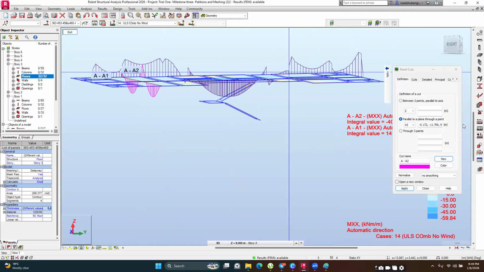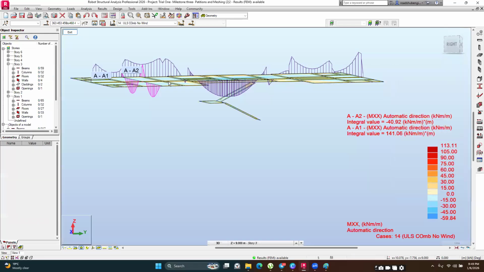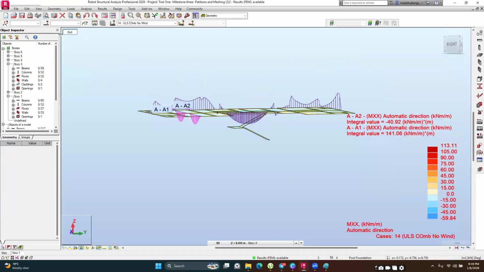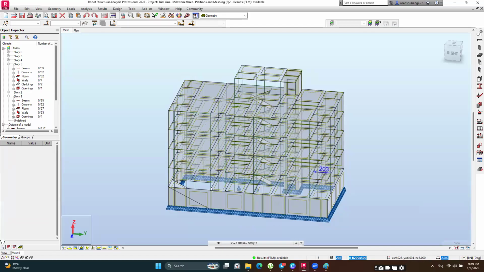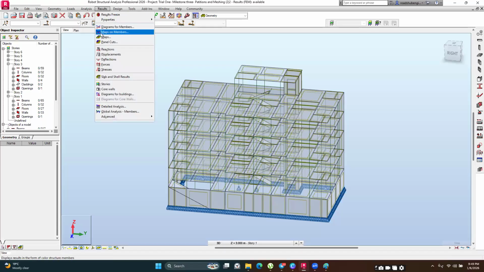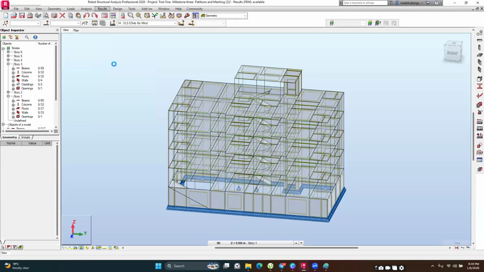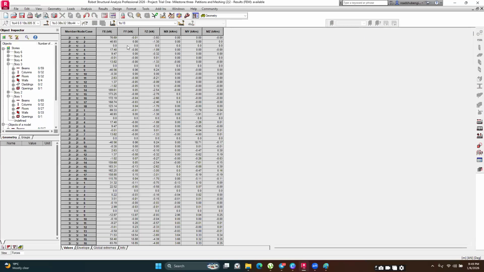Okay, so those are the major ways in which you look at analysis results from robots. Then the other one are the tables. So you could go to results, and then from results you go to forces. Okay, you go to results, then you go to forces. It's going to open this table for you. You can be able to see all the forces here, the Fx, Fy, and